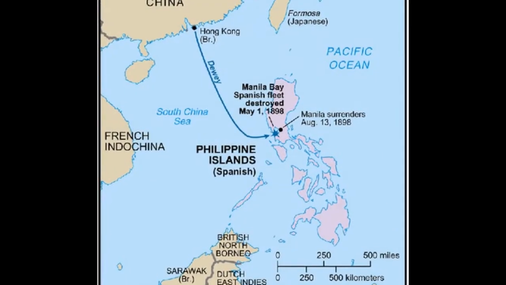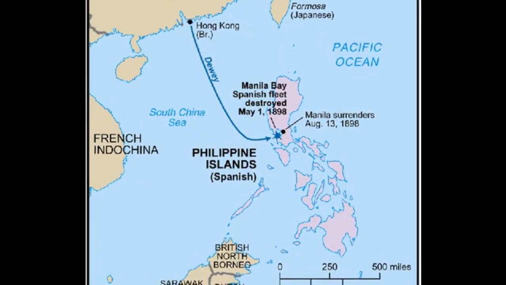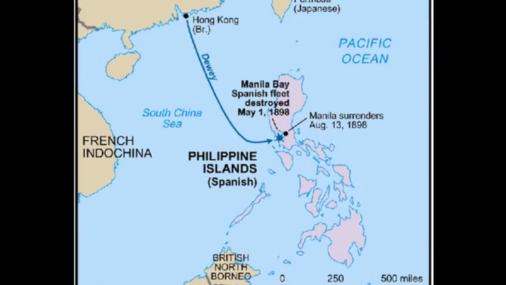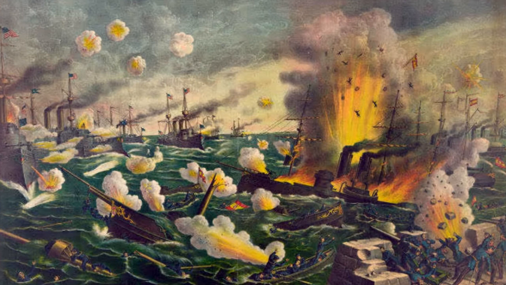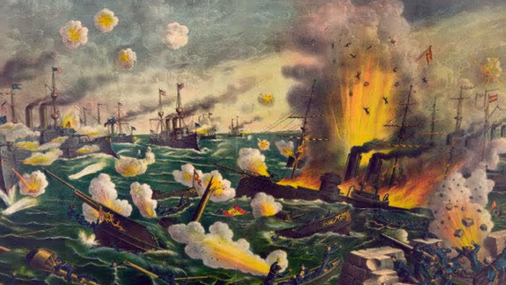But the very first battle of the war wasn't in Cuba. It wasn't even in the Atlantic. It was in the Pacific. On May 1st, Admiral Dewey took his fleet from China, ordered by Assistant Secretary of the Navy Theodore Roosevelt, to go to Manila Bay in the Philippines and attack the Spanish fleet in the Philippines. It was a huge success. We destroyed the entire Spanish fleet. But why was our first battle to help the Cubans in the Philippines? And it gives you some insight into what our true intentions might have been.